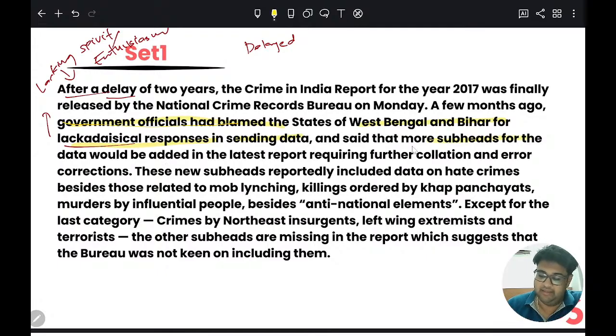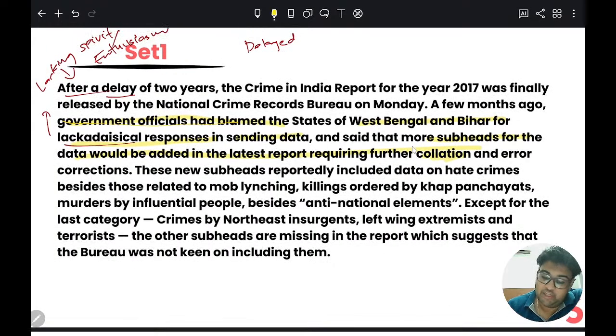And they said that the government said there should be more subheads. Of course it's a crime report, so there will be more subheads of crimes, and further collation means compiling data and error corrections. The errors have to be corrected, right? These new subheads, so what are the new categories reportedly included? Okay, new categories, they will include some more, right? That was lackadaisical, they did not do a good job there, so the new subheads will include